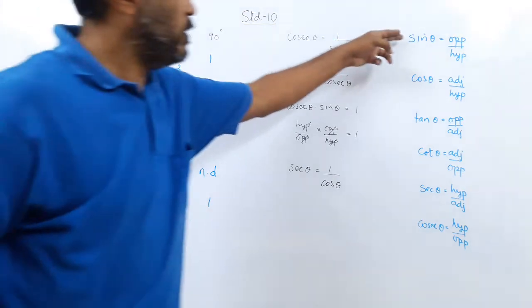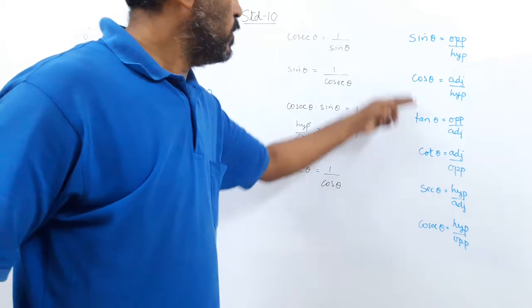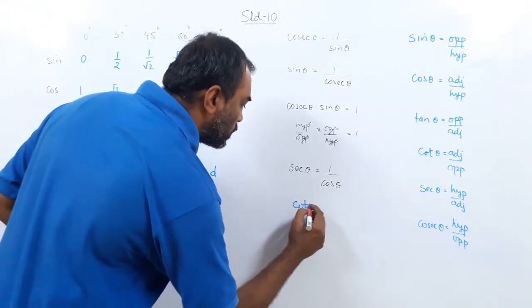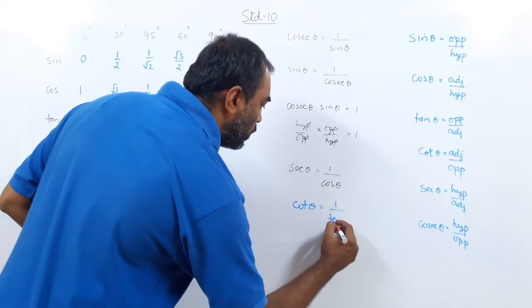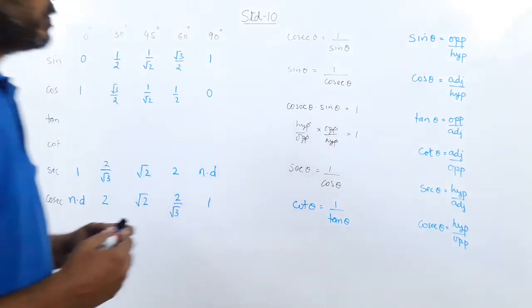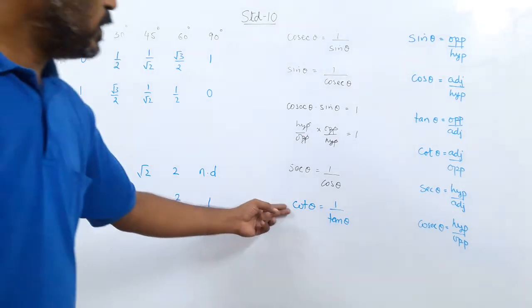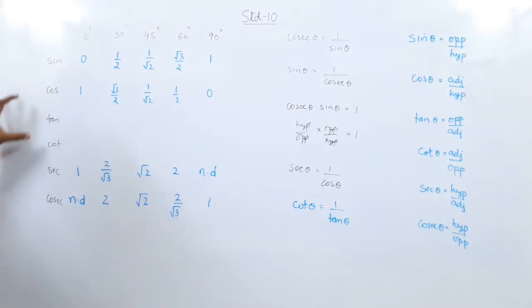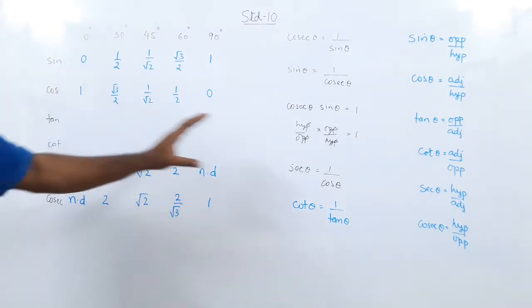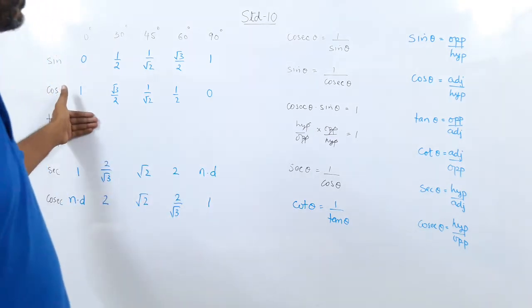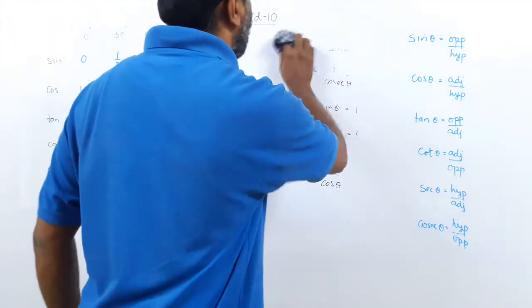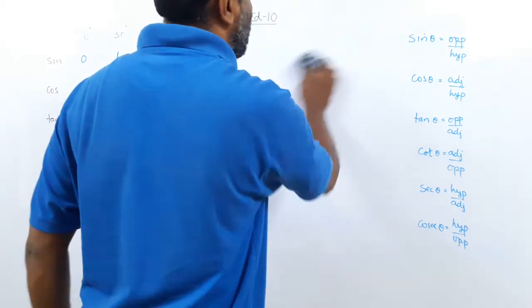Okay. So sine and cosec are reciprocals. Cos and sec are reciprocals. And similarly, tan and cot are also reciprocals. Cot equals 1 upon tan. But before we can use the reciprocal relation, we should know one of them, and here we don't know either one. So the reciprocal thing is not going to work because we neither know tan nor cot. So here what will we do? We have to see a few more formulas. So let me write the formulas down. Yes, let us add to our list.